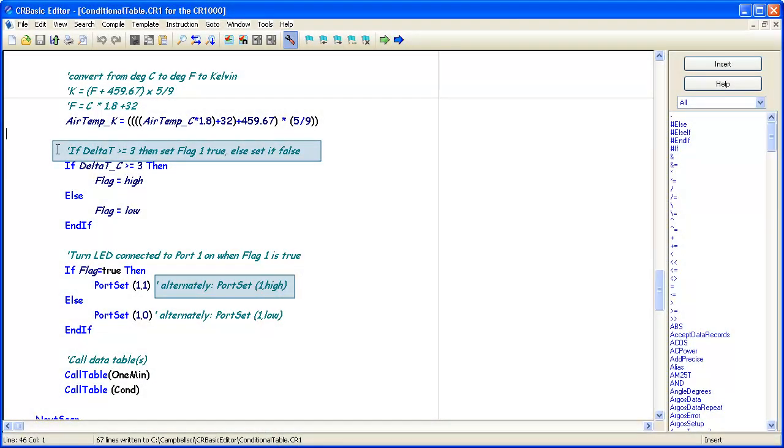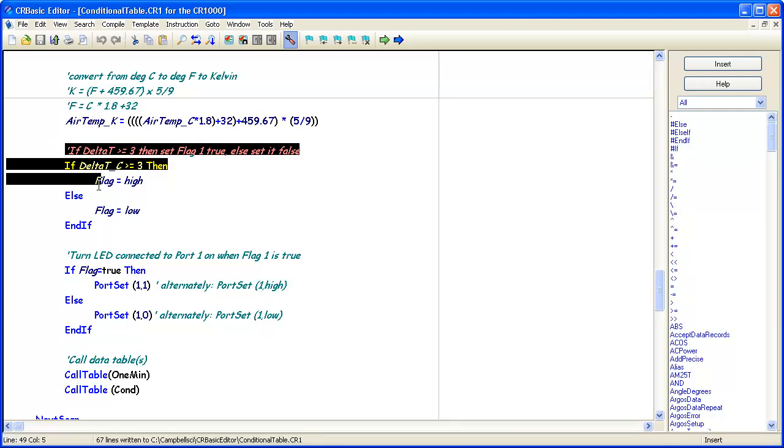It is often useful to provide comments in your data logger program so that when you review it at a later date, you will know what each section of code does. Comments can be inserted into the program by preceding the text with a single quote. Also, commenting out blocks of code is useful for program troubleshooting.